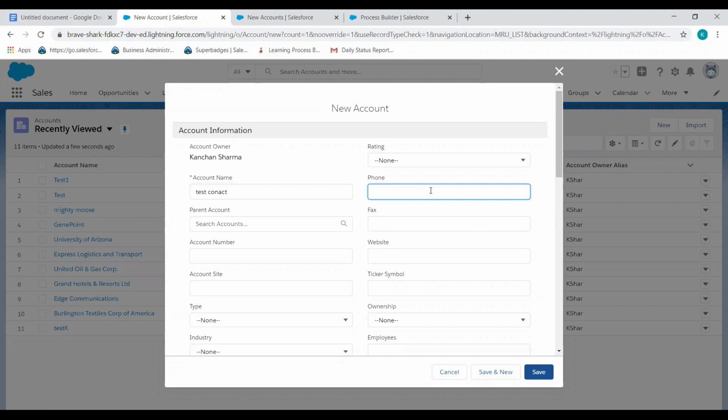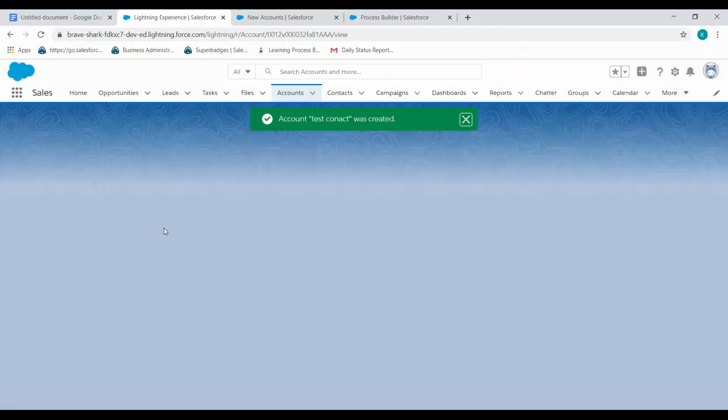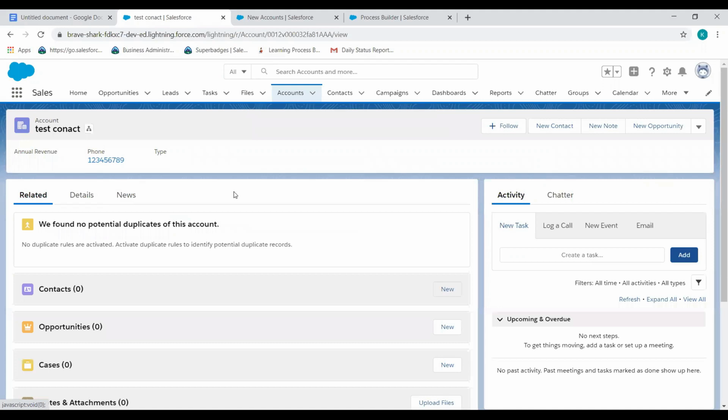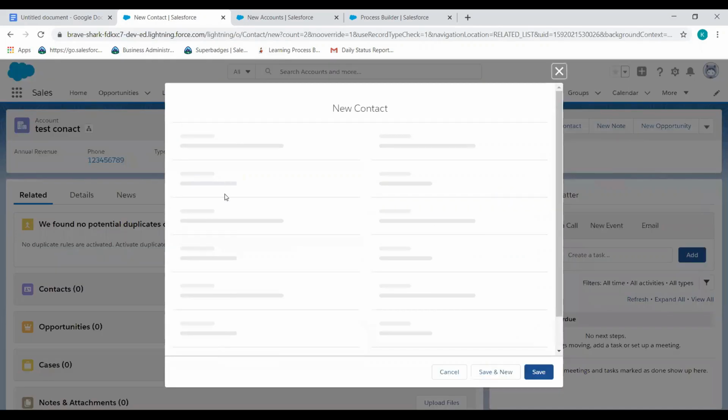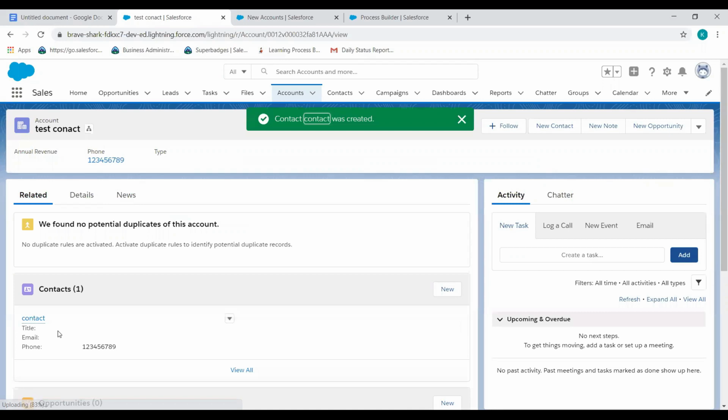There is a field phone number. Now I'm giving it this one. And in related, I create a new contact. So the phone number comes automatically, and just save this record.